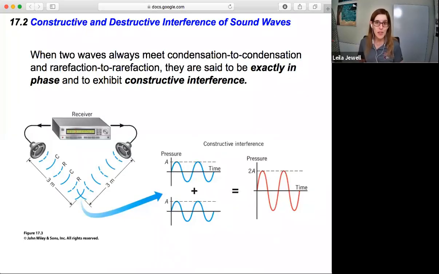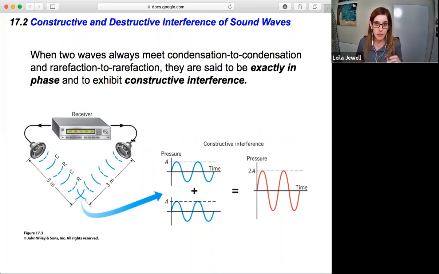Section 17.2, constructive and destructive interference of sound waves. So as mentioned, we're going from thinking about just general waves like on a slinky to thinking about sound, because that's something you hear every day, right? So we could imagine if you have a sound system, a stereo that has two different speakers that have